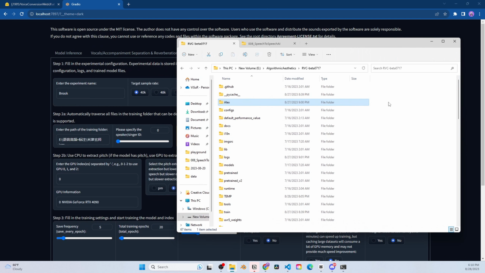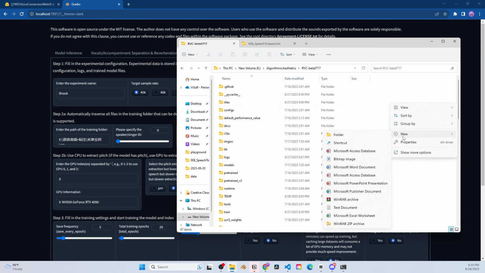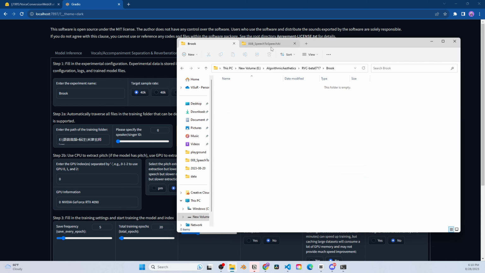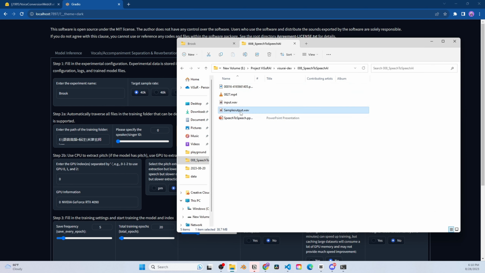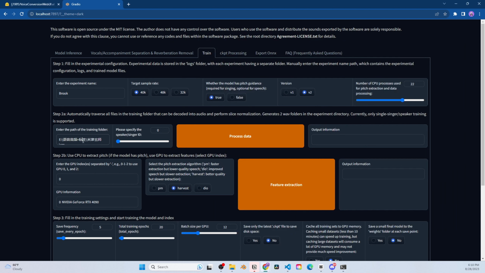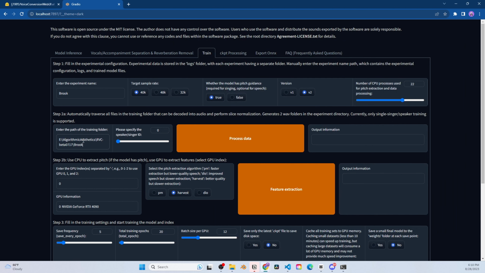I usually create a folder inside the repository itself. I'll give the same name, and I will just copy the sample file that we will use for training and place it there. So the location is here, and I will just provide the path there,